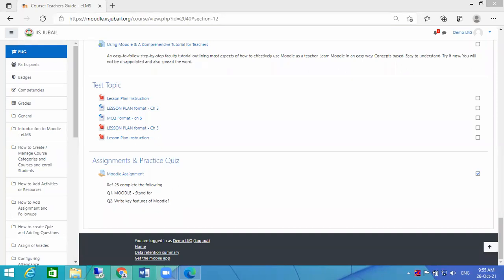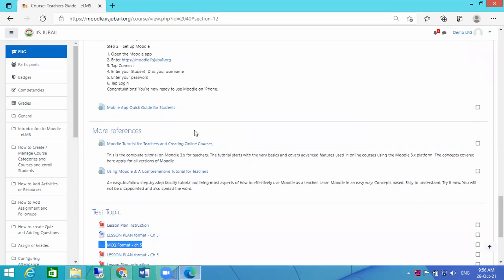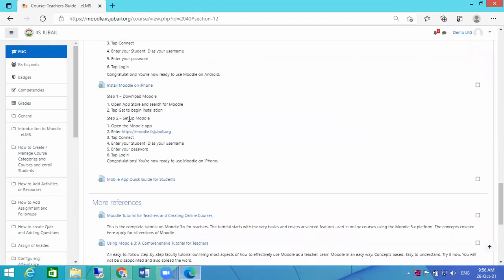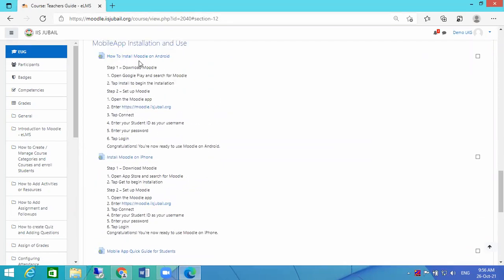Before that, I will give you a small 2-minute video on how the student can log in and how they can change the password, and also how they can install the mobile app. The video I have already shared with you. It's a small video, and also the steps. The same I will share for Moodle Android and Moodle iPhone. These 2 links I will share once again.